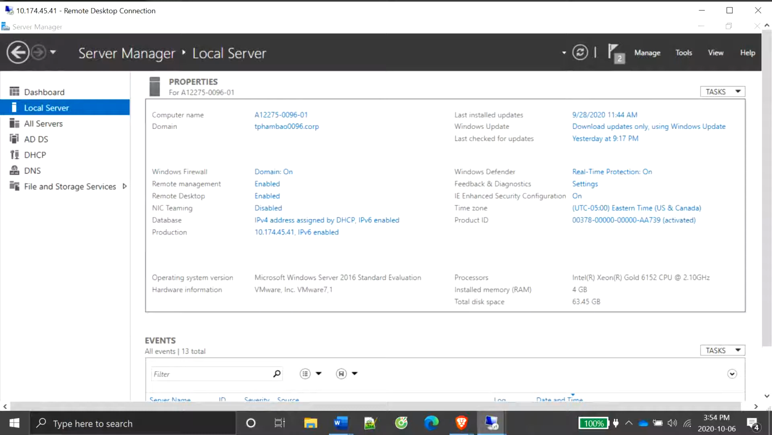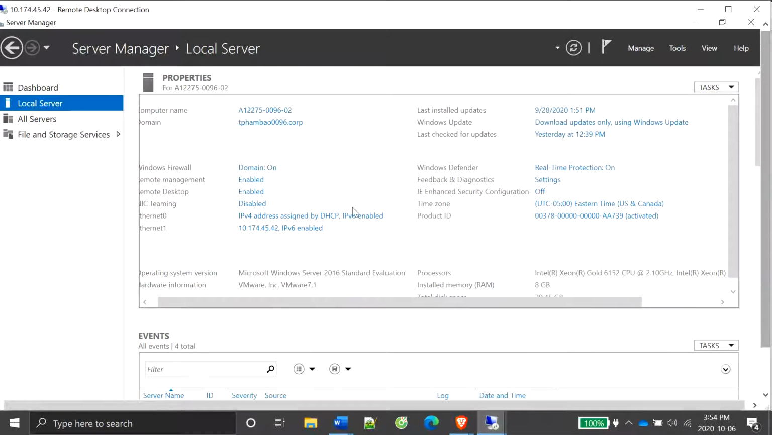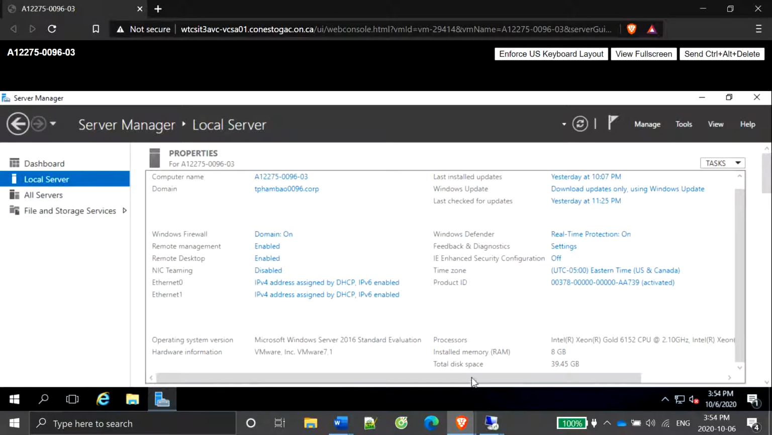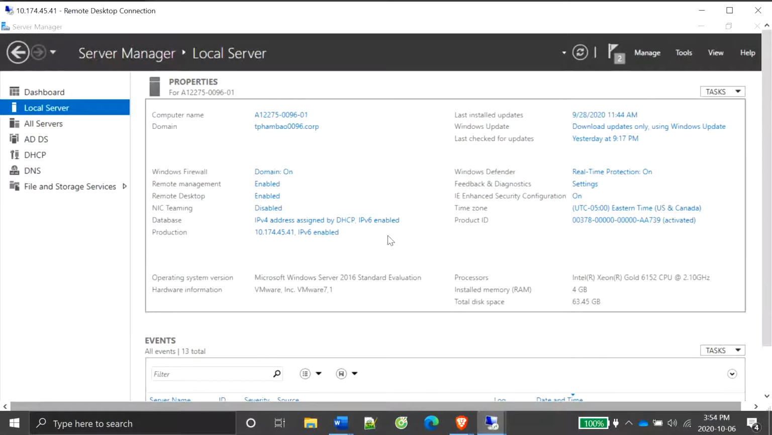Task 1. In task 1, here is my VM1, which is the domain controller. Here is the domain name of it. And then I also have VM2, which has joined it, and VM3 as well. Next, for task 2,